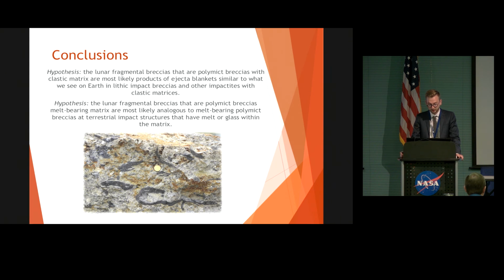And so we have two distinct formation models, and what we hope to get out of this is that, as the impact cratering process is ubiquitous throughout the solar system, some of these mechanisms of formation translate across planetary bodies. These clastic matrix breccias are most likely equated to ejecta blankets of purely lithic material, whereas the more melt-rich, melt-bearing Polymict breccias on the Moon and Earth could be equated to the formation of melt-bearing Polymict